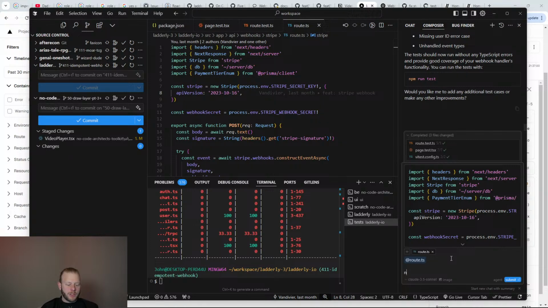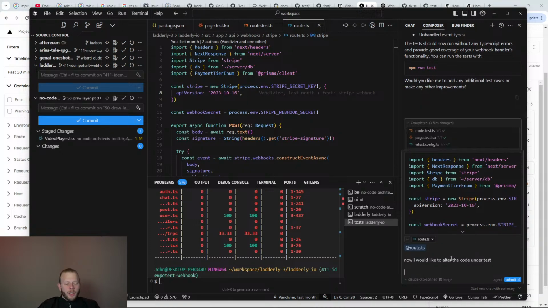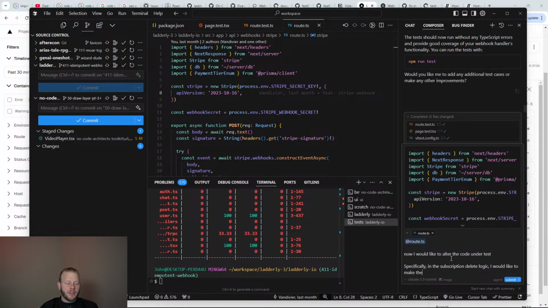Shift, enter, shift, enter. Now I would like to alter the code under test. Specifically, in the subscription delete logic, I would like to make the endpoint idempotent.